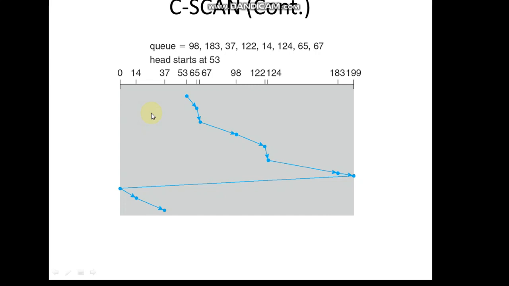In the same way we have another set of algorithms, that is LOOK and C-LOOK. Both of them work in this way only, circular and normal. That is the major difference in that case also. So in the next video lecture we will see those two algorithms.